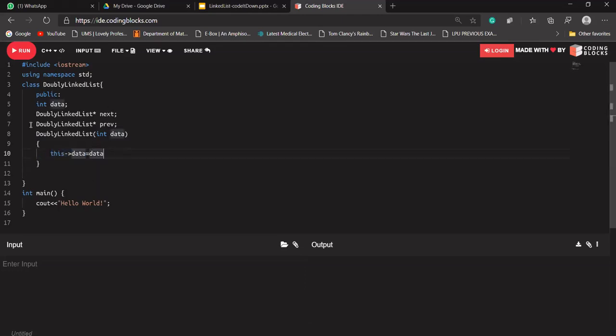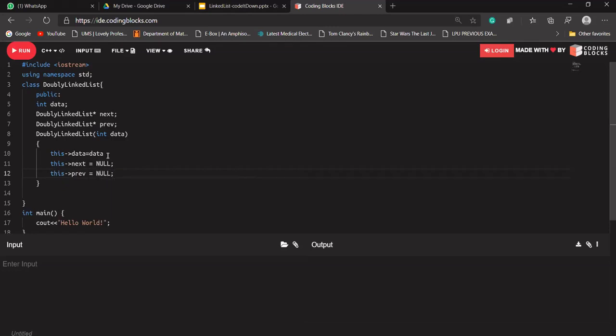It means that in the class that will be created, this data will be stored in its data part, and obviously it will have a next pointer. Let's say in the starting it will point to a null value, and again this previous will be pointing to a null value.